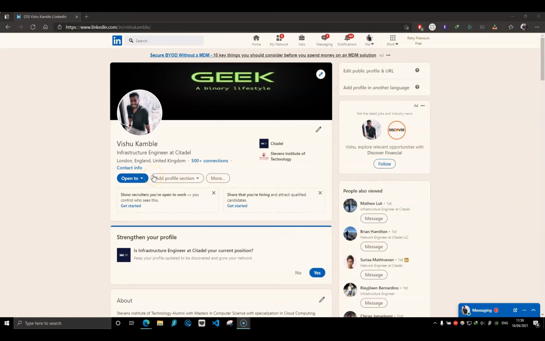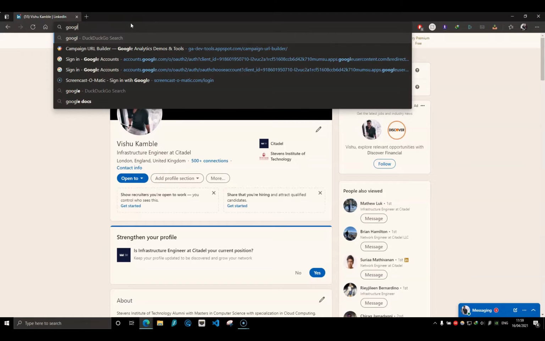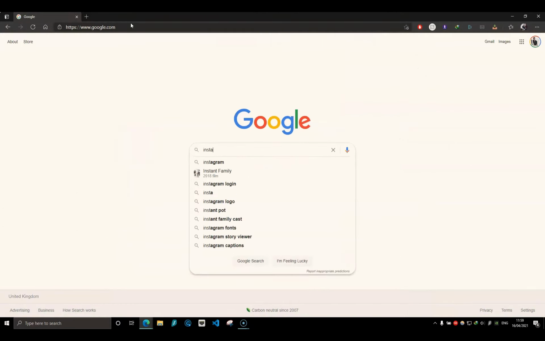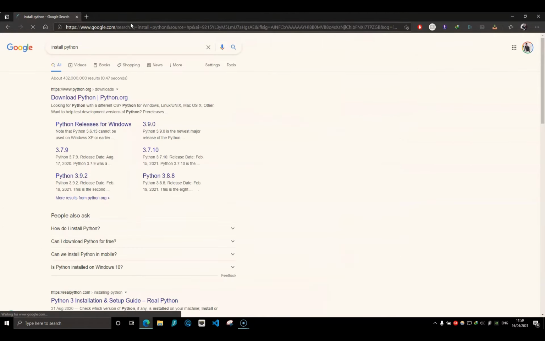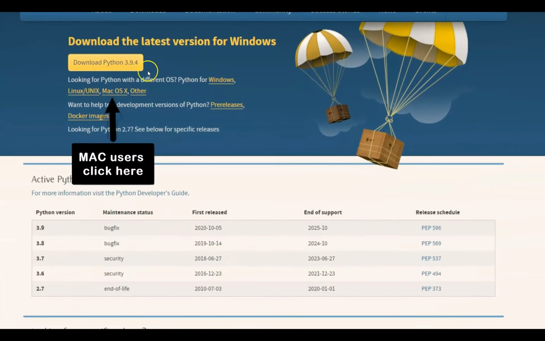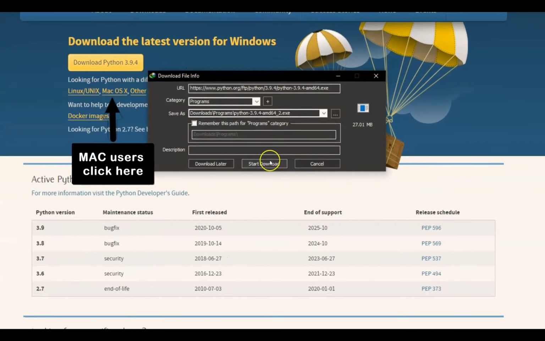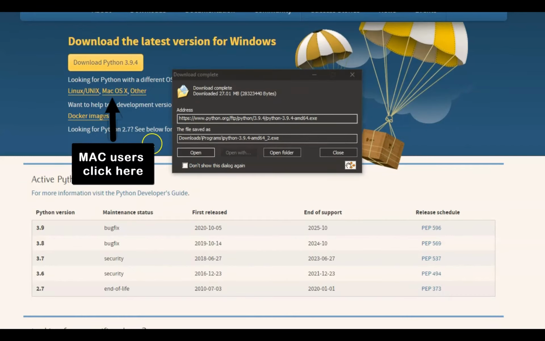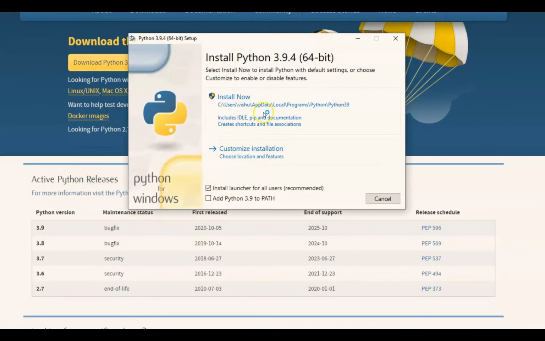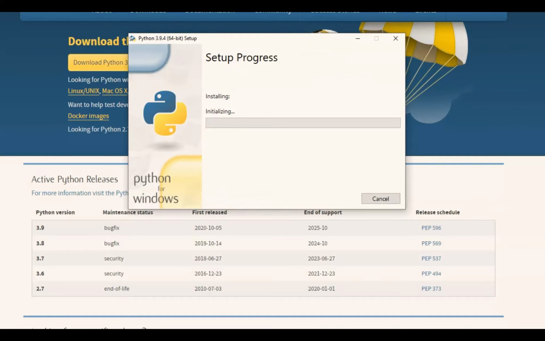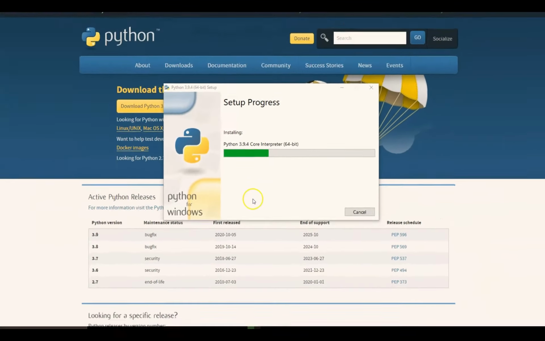So like I said guys, this is going to be to the point, so I'm not going to waste any time and try to install Python. So just Google it. The latest version is 3.9.4. I'm going to install this and open install. Be sure to check this path out, like you need to select this path, install now, yes.